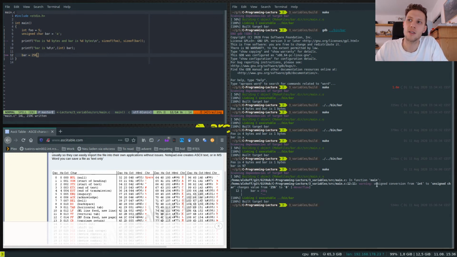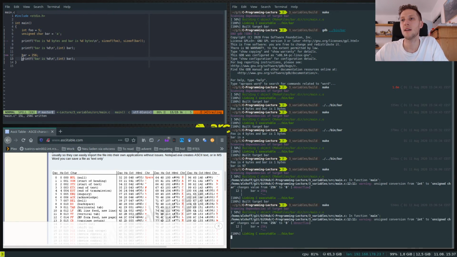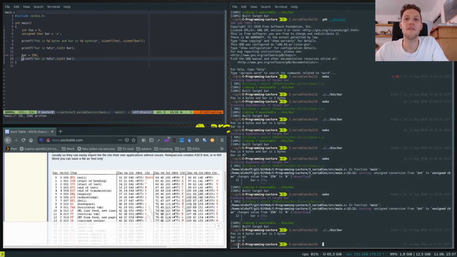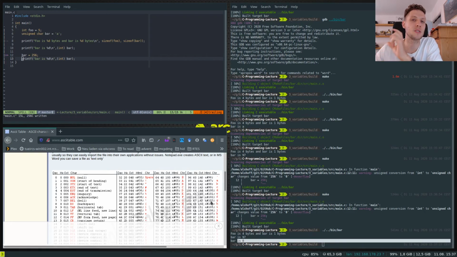And what it's going to say is that I'm overflowing, right? Because if you think about it in binary, as soon as I go from 255 to 256, I have 1, 1, 1, 1, 1, 1, 8 ones, and then as I go up 1, I put the ninth bit as 1, and then go back to 0. So I'm overflowing my 8-bit value down to 0, right? And so when I then go and print bar, we'll see that I've overflowed it, and I'm back at 0 because it's only taking those 8 bits,